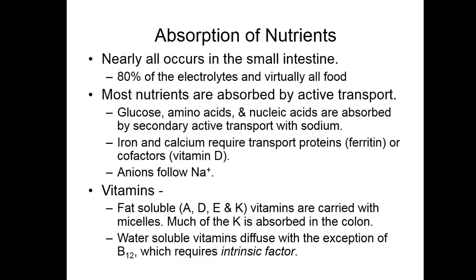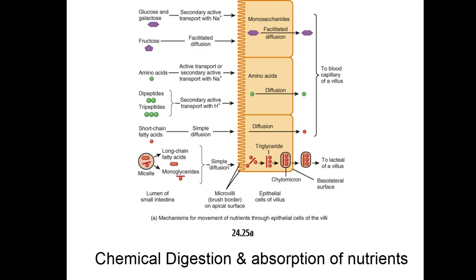Water-soluble vitamins diffuse with the exception of B12. B12 needs the intrinsic factor that is made way back in the beginning of the whole process, the intrinsic factor for B12. And B12 is important for making red blood cells. I do have some other slides for this. This is just where it's written out, but I actually have two. This one,